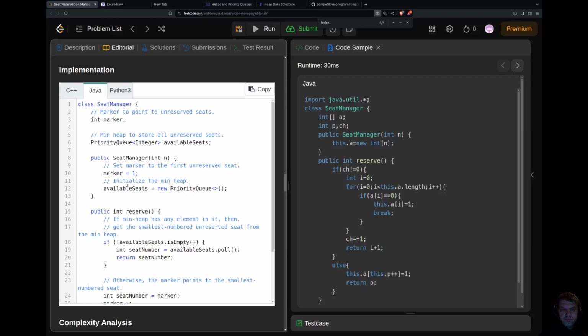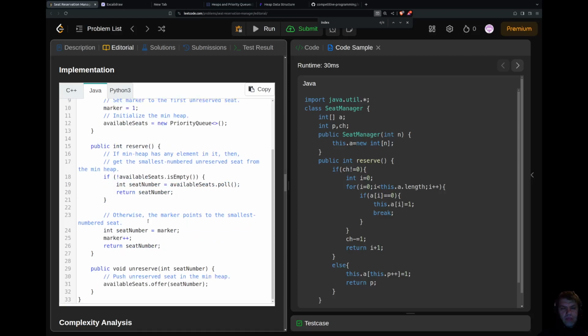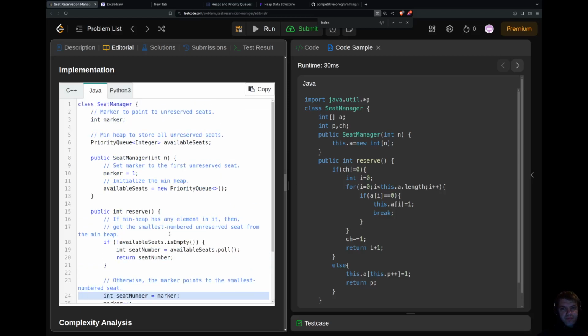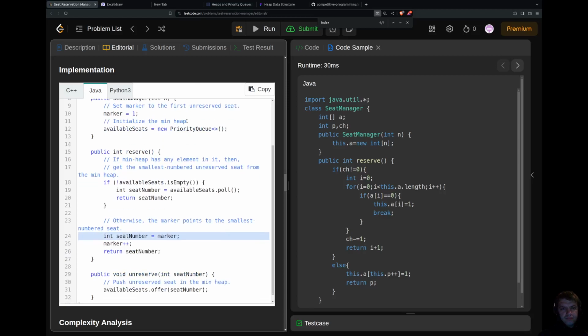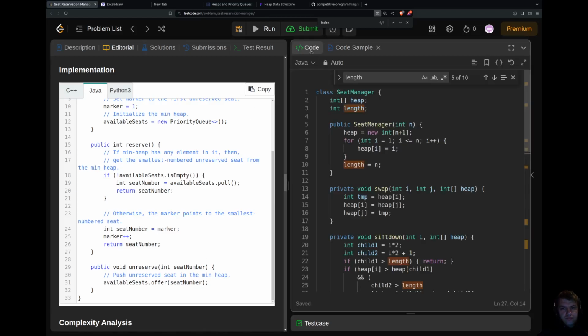Yeah, it's kind of the same as what I was doing with the heap. So if I change it to something like this,